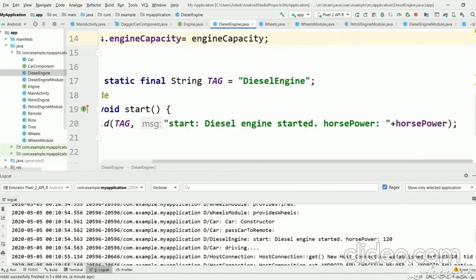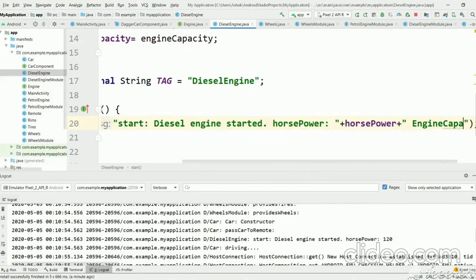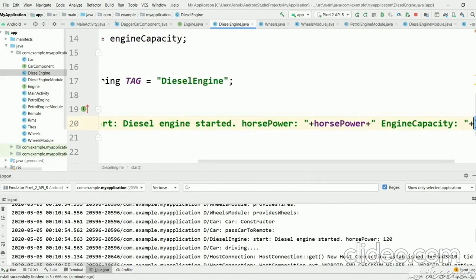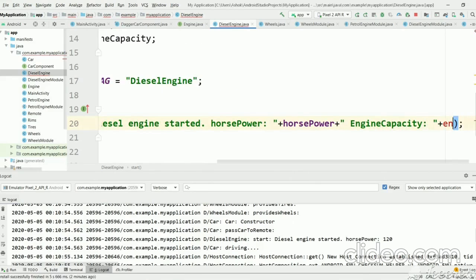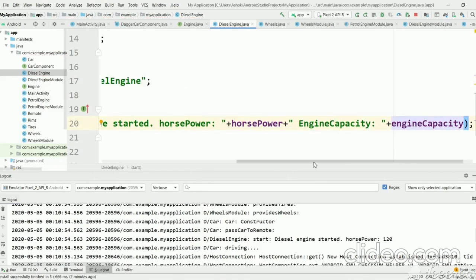And we will print the engine capacity as output. Let's print it. And now let's execute and see the output.